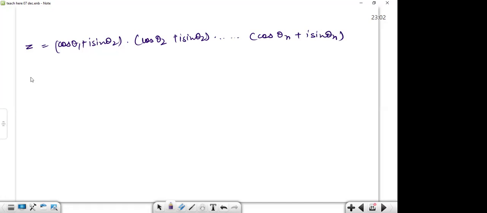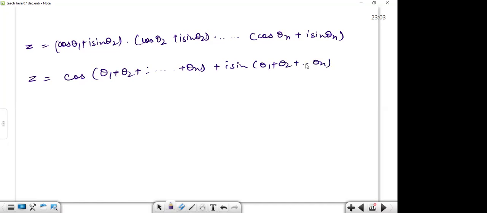So the complex number can be rewritten as cos of the sum of all angles, theta 1, theta 2, or whichever their terms were till n, plus iota sine of the sum of all angles whichever are there, till n terms. So this is another property. Any examples needed? So let's say